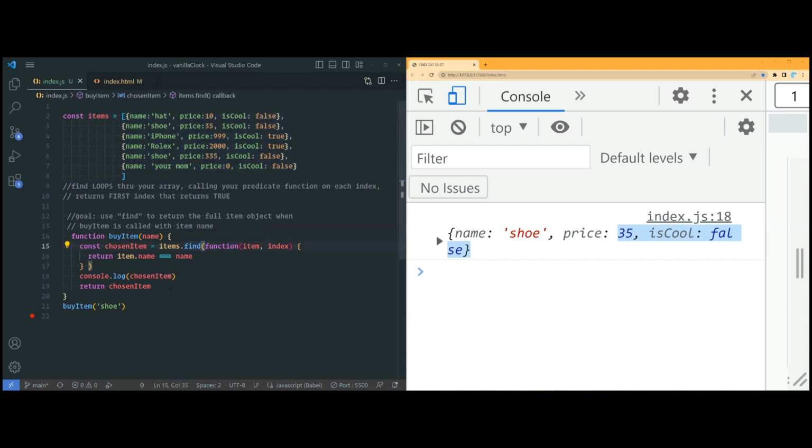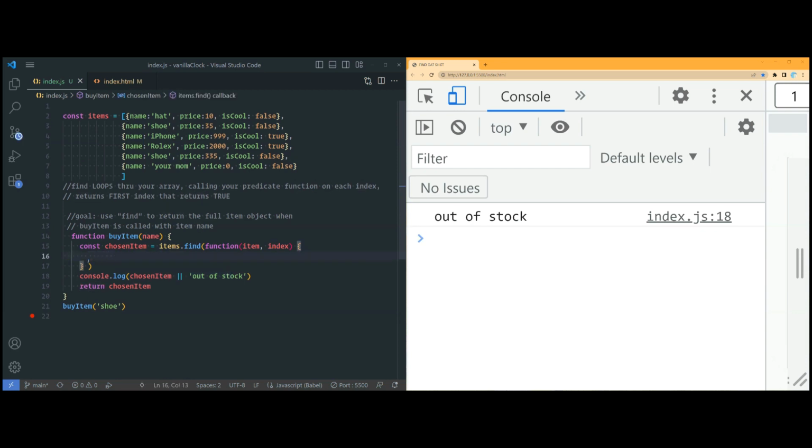Yeah. All right. What else can we do with find? Well, let's see. Let's do console.log out of stock. So now our goal is, if we buy the shoe, we want find to actually find the index of the shoe and then remove it so that the next time we call buyItem, it should say out of stock. But how do we do that? Well, let's see. So instead of this, I'm going to do if item.name is strictly equal to name,